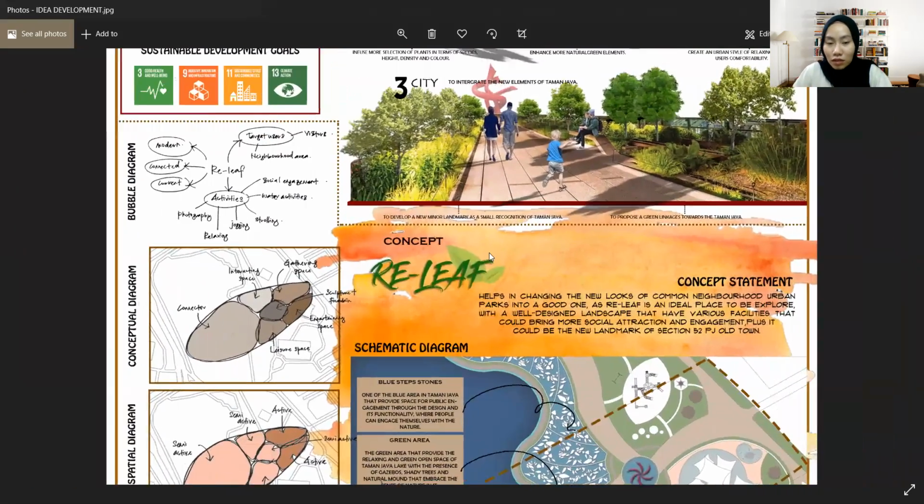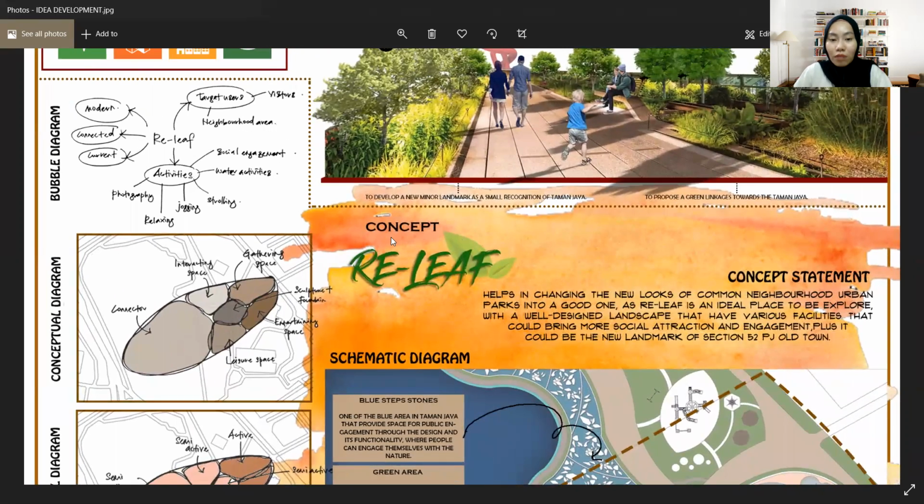So these are my concept for the new, in terms of rebranding the new Taman Jaya. So my concept is relief. As we can hear the sounds,